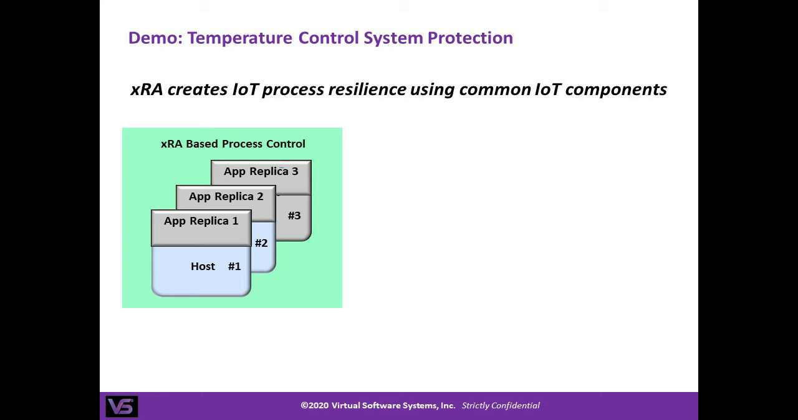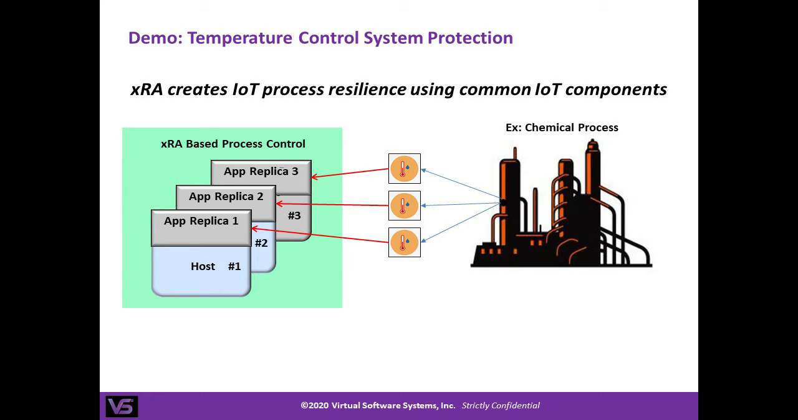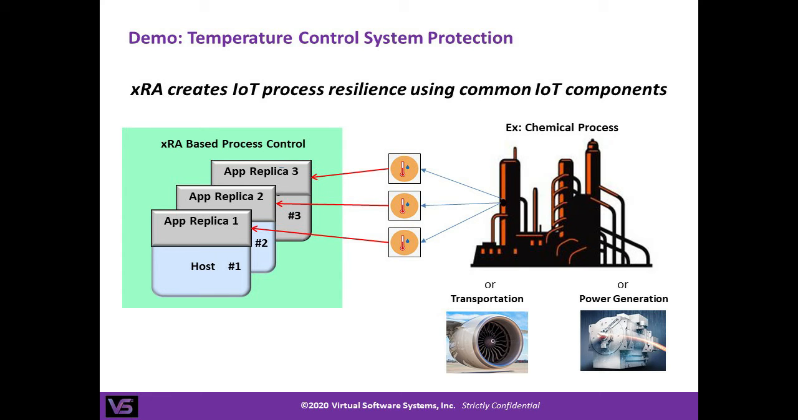X-Ray application replicas are distributed across multiple hosts and connected to their associated temperature sensors to control a critical process in a chemical plant. Analogous control systems are used worldwide for many critical temperature-sensitive systems and processes, including chemical, mechanical, and power generation. In this manner, X-Ray applications help protect critical processes against failures caused by computers, sensors, networks, and